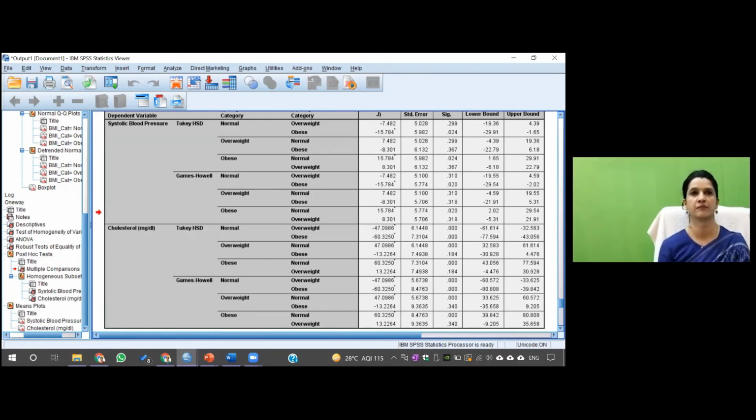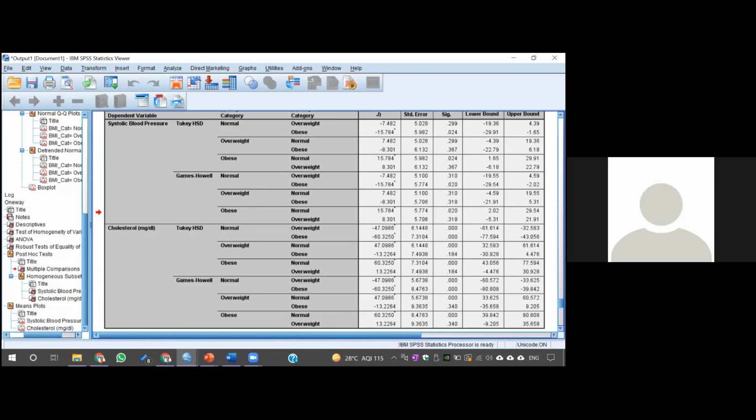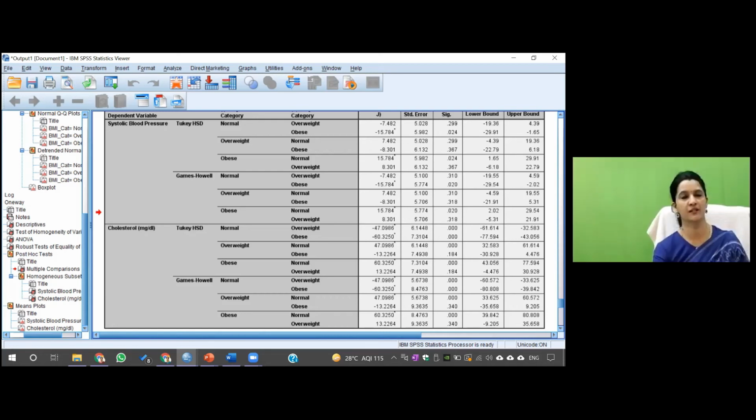If we are using ANOVA, we will get to know whether the difference between the groups is significant or non-significant. But we are not able to see in which respect they are significant. So that's why we are using post hoc. So when there's I minus J, it means that it's showing the mean difference of one group with respect to the other group. Is this correct, ma'am? Yes, you are perfectly right, Dr. Ashish. Okay, thank you, ma'am.